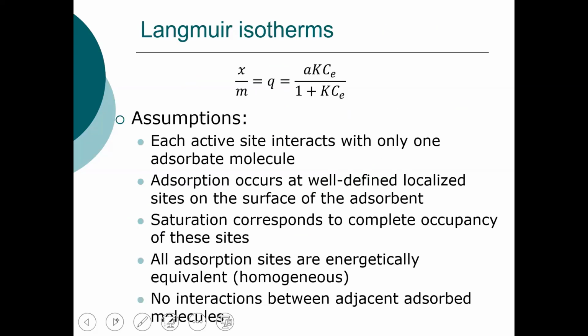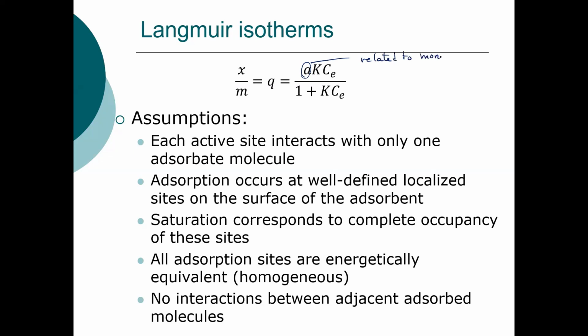Now, we can also use the Langmuir isotherm, and the Langmuir isotherm has a theoretical basis. And it is equal to, the x over m is equal to A times K times your equilibrium concentration, divided by 1 plus K times the equilibrium concentration. This A term is related